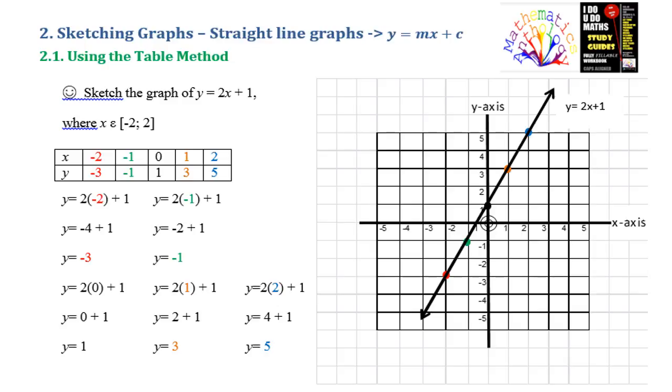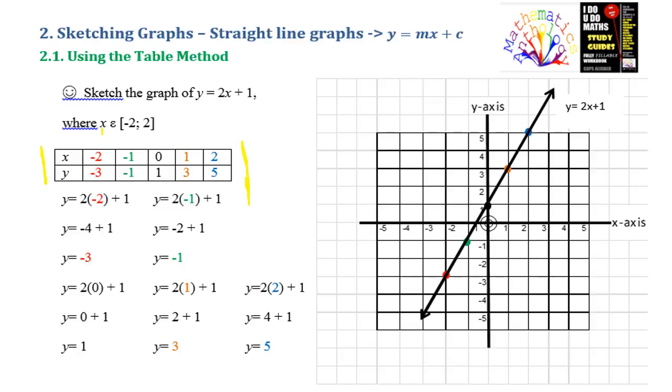Let's look at sketching graphs using the table method. So when using the table method, you have to firstly draw your table as follows. Now your x values are usually given to you in the question as it is here. Sketch the graph of y is equal to 2x plus 1 where x is an element of negative 2 to